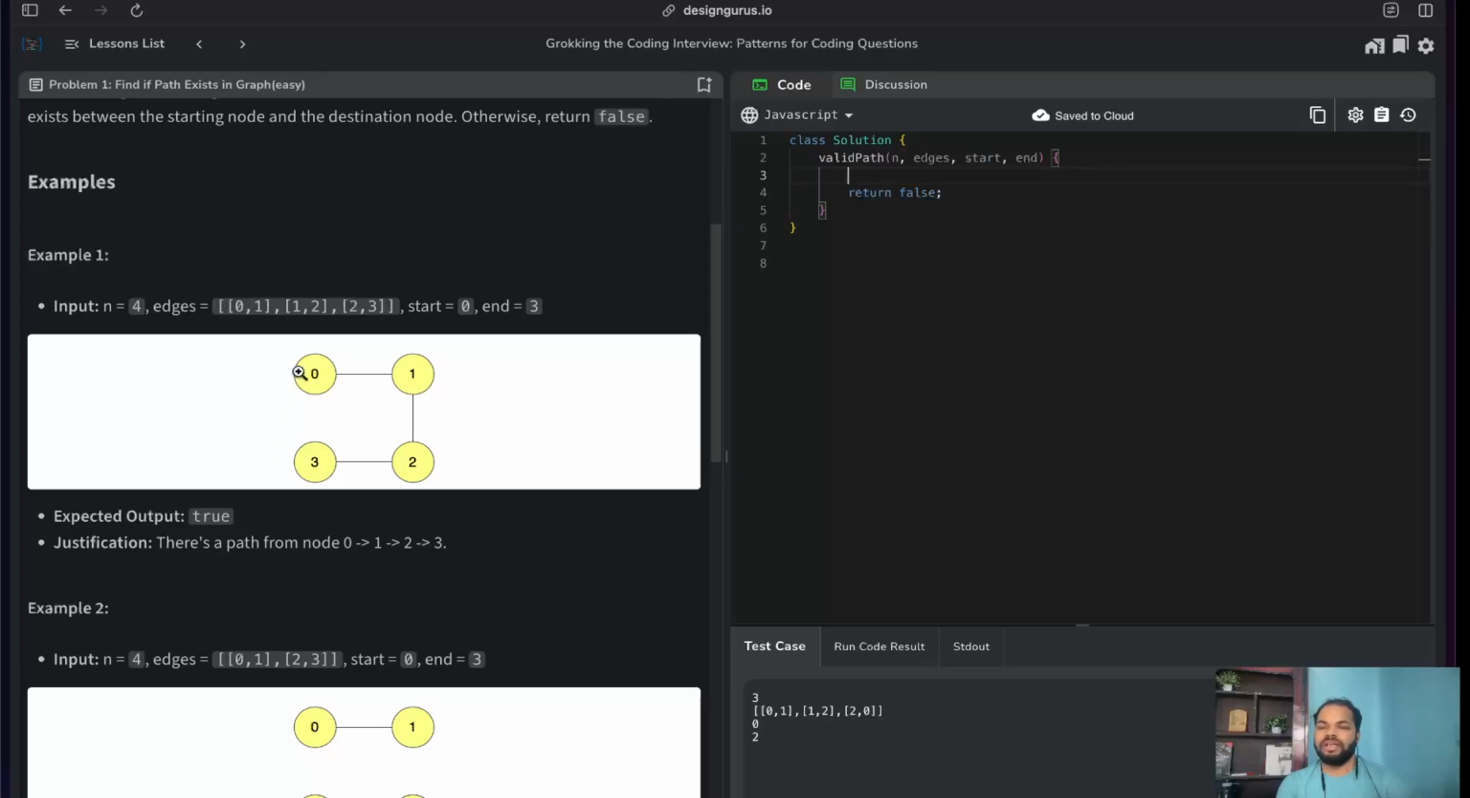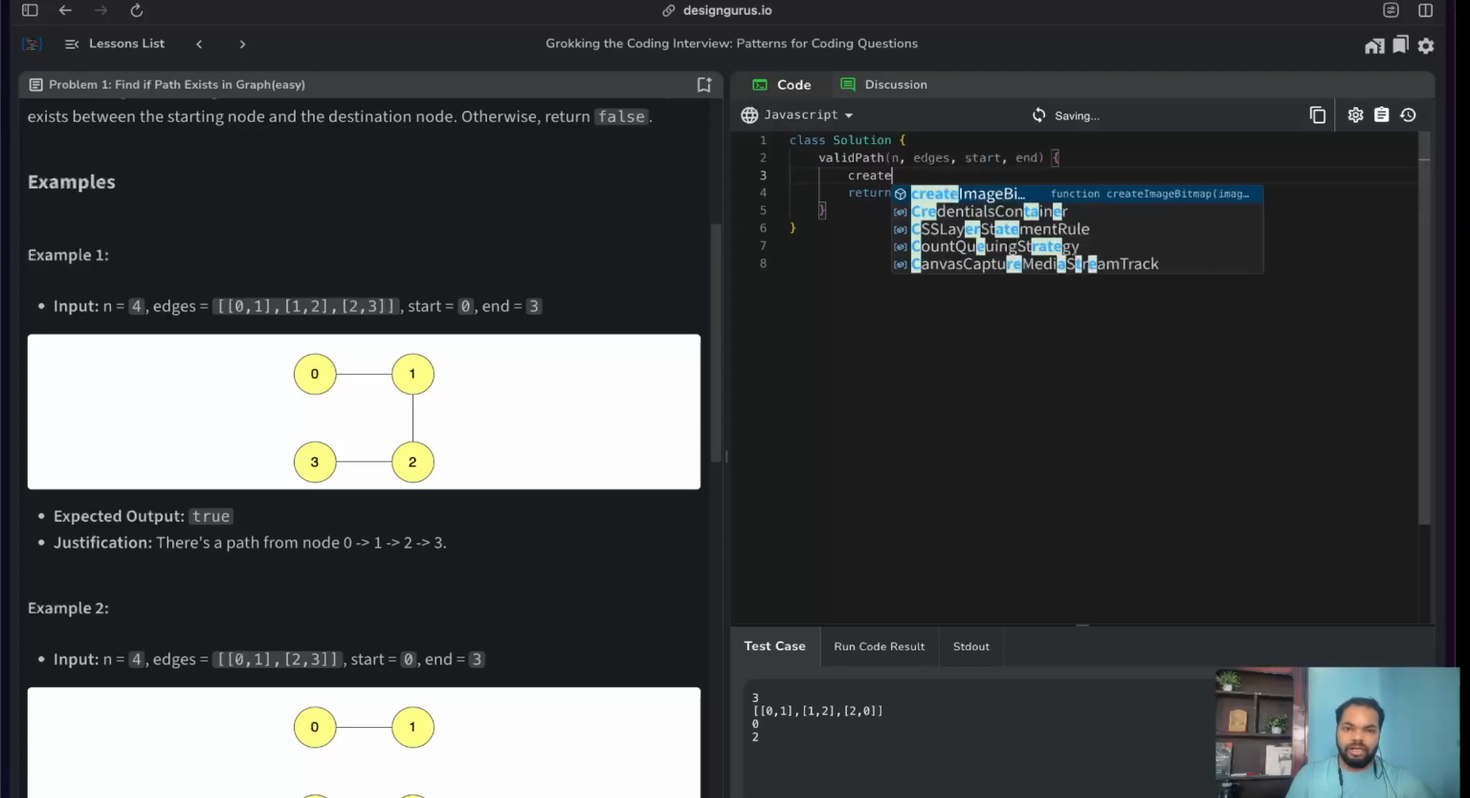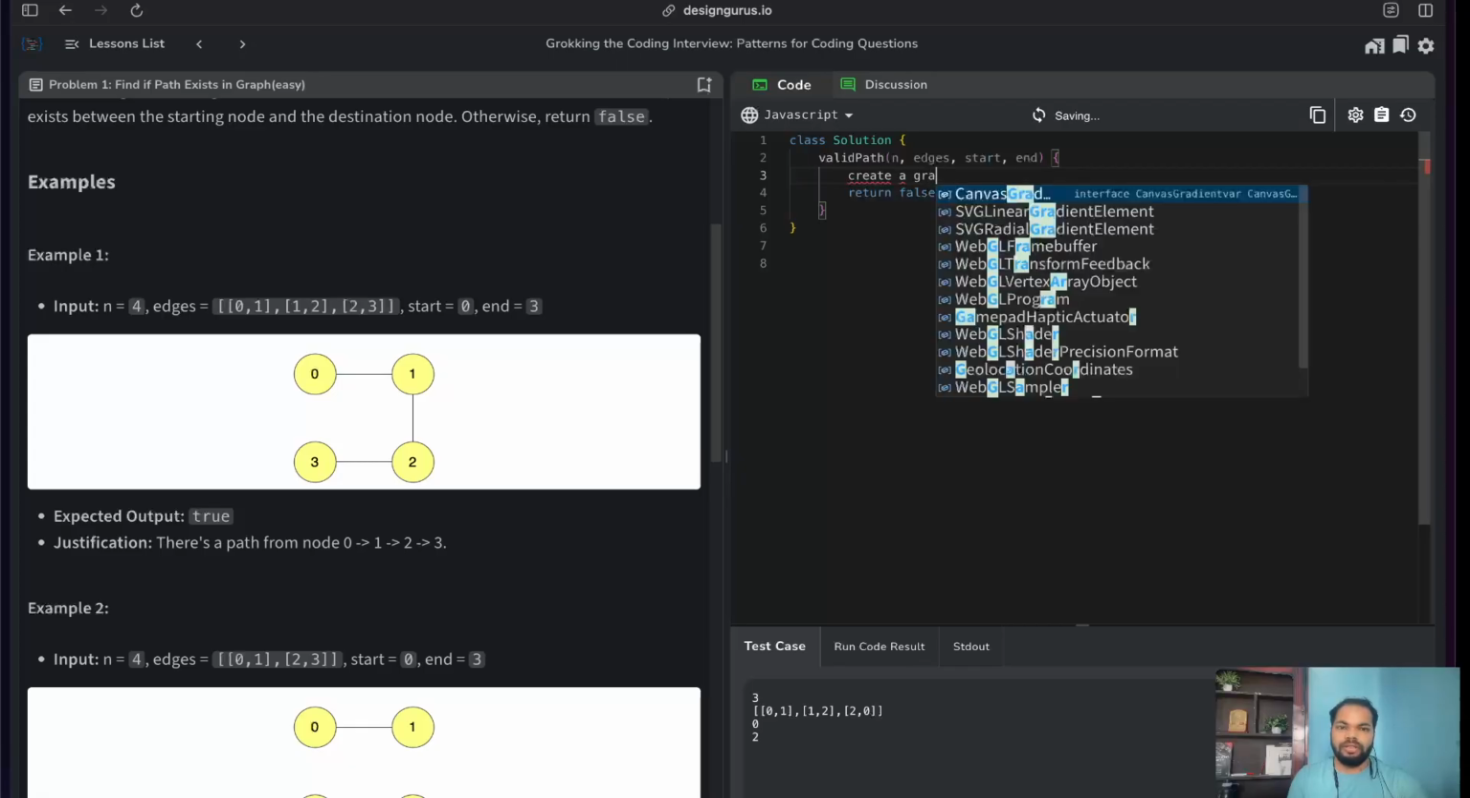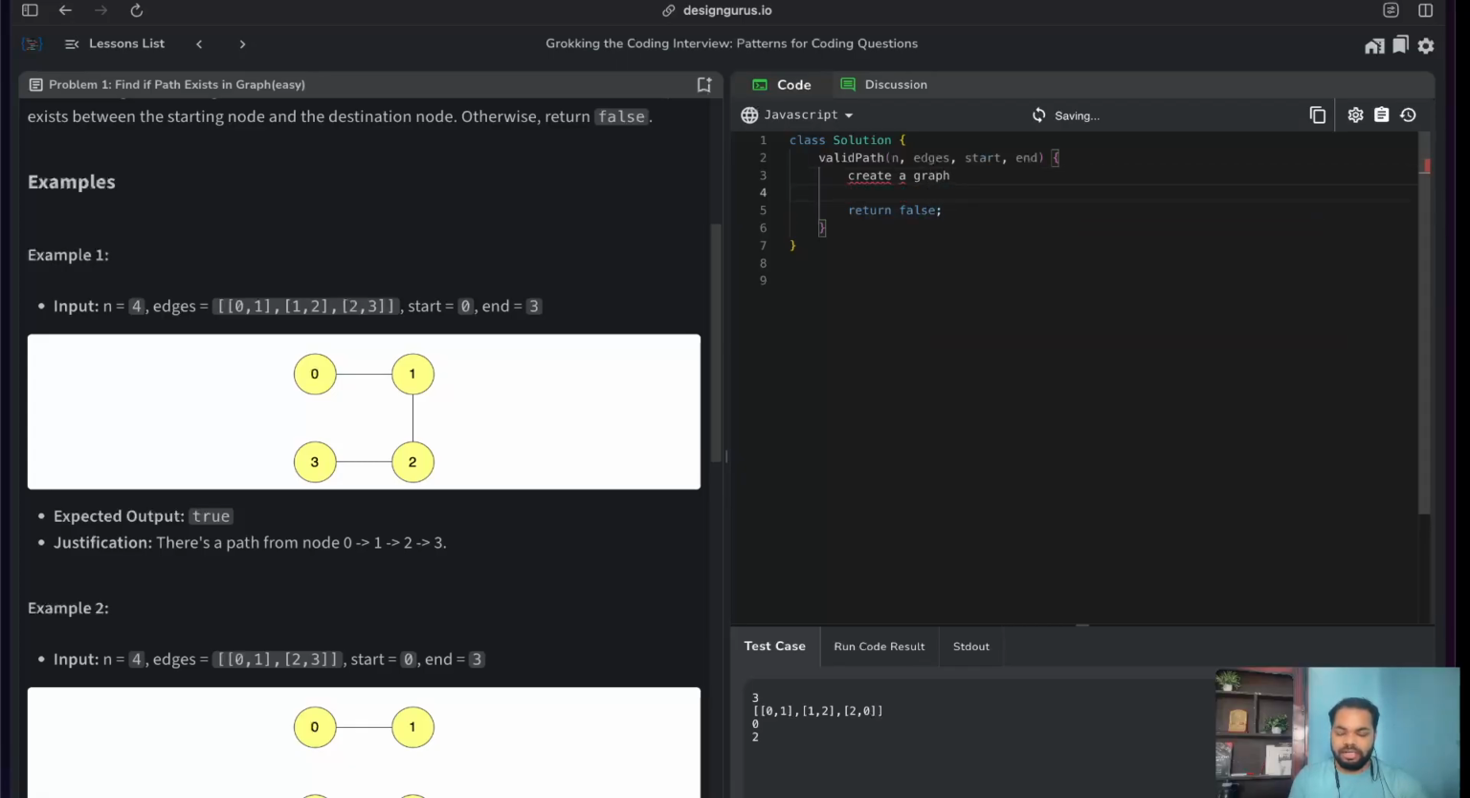But that might take like n to the power n. Yeah, that is the possibility. But that is pretty long. So what we'll do, we will create a graph and then solve it. Okay, so I'll create a graph first. Graph. Okay. And the second step will be